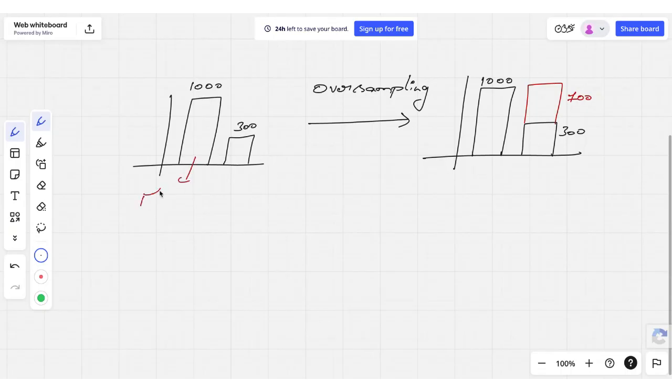This is the majority class, and this is the minority class. Understood? So what is happening? Unnecessarily, duplicates will increase.